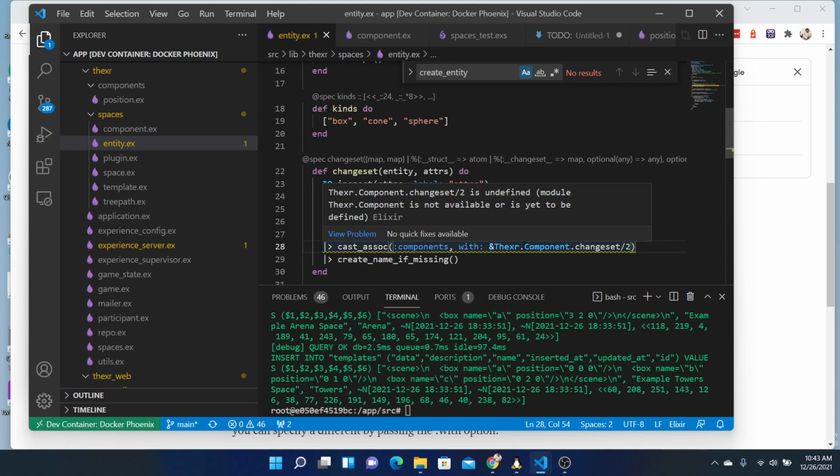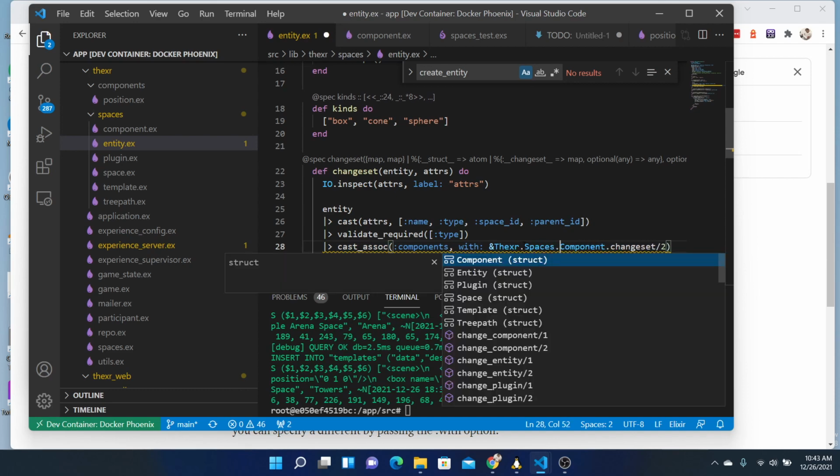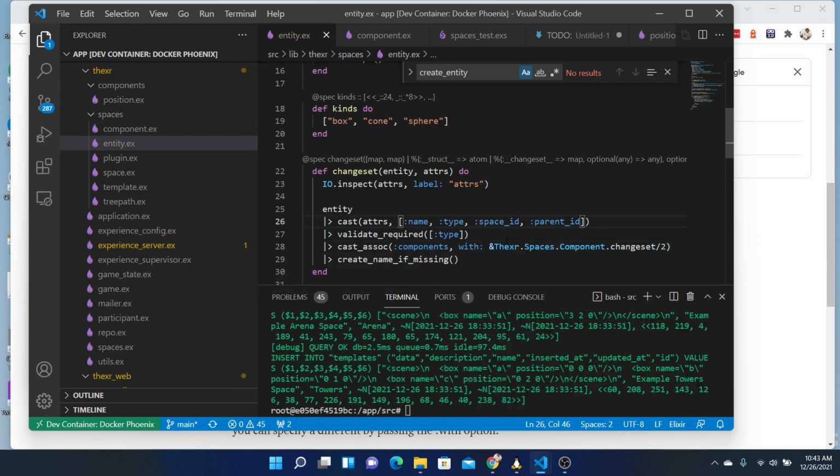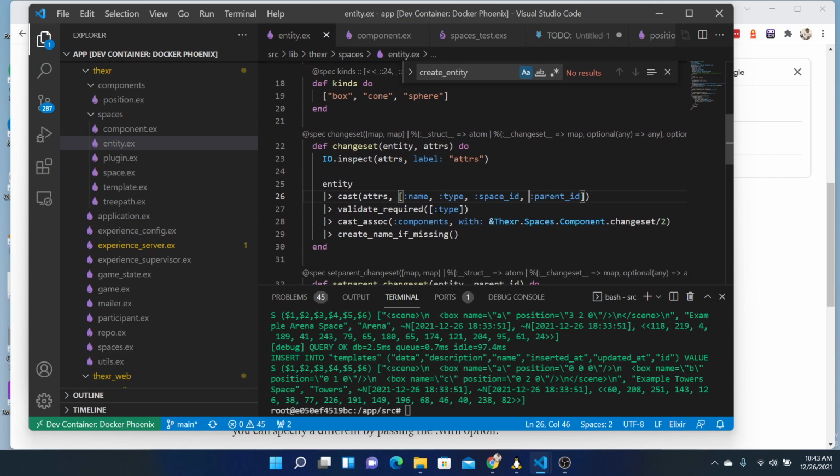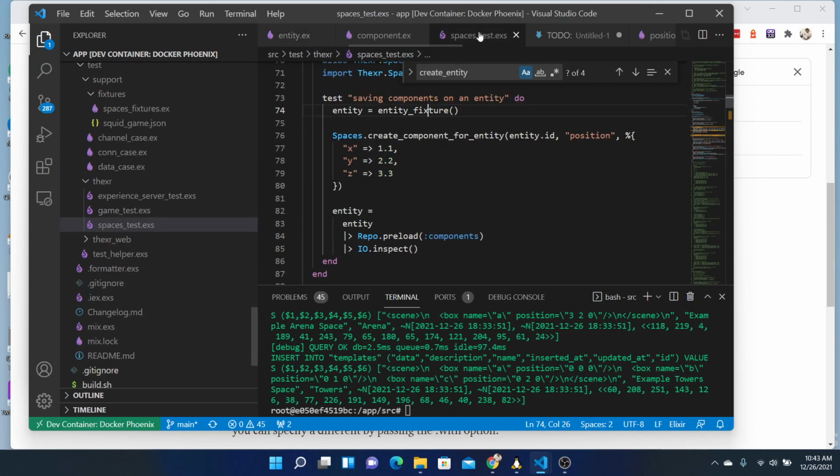Oh, the XR spaces. Okay. It's not required. And okay, let's give it a test. So if we go through the spaces test,